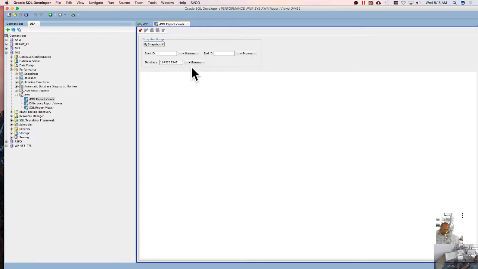So you can actually have multiple database instances in your performance repository here. So we're just going to use the one, which is this one right here. This one's my little database. And then you're going to want to run either by snapshot or by baseline. And basically a baseline is